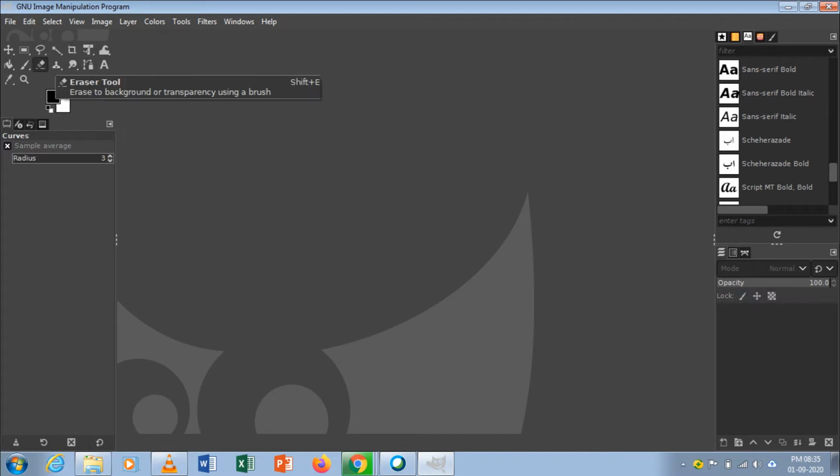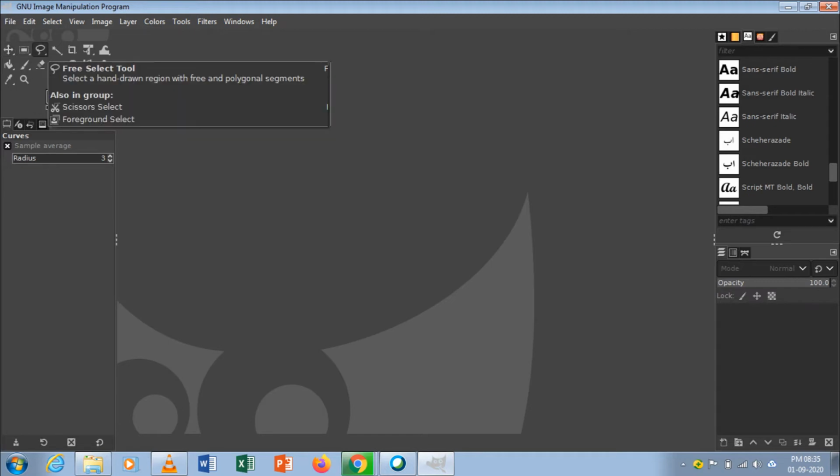Eraser, brush, then selection, scissor, then what? Font. If you want to change the font size, using that you can change. If you want to crop, you can crop. You can use pencil tool, brush tool. Then everything is available in toolbox.